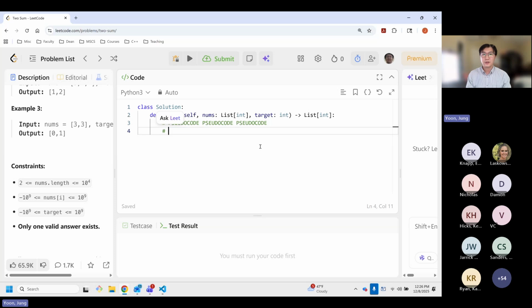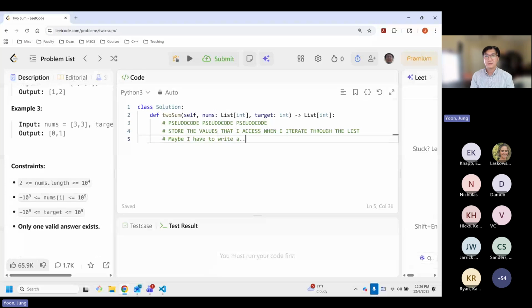So for example, I can say, all right, I need a way to store the values that I access when I iterate through the list. Iterating means to loop through. Oh, I just said it. So maybe I have to write a for loop.